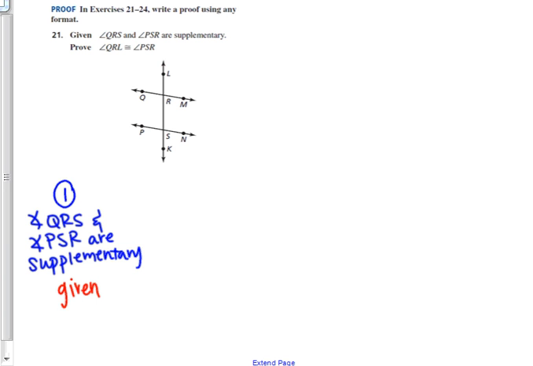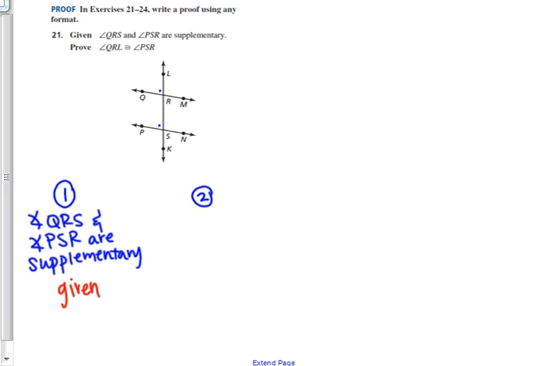So my step 2, I'm going to say that, kind of ignoring my given statement, I'm going to look at what I have. I'm trying to prove that QRL is congruent to PSR. So I'm trying to say QRL right here is congruent to PSR here. That's what I'm trying to say. Well, I know that QRS and PSR are supplementary, but it doesn't really help me right now. So I'm going to go ahead and start by saying that